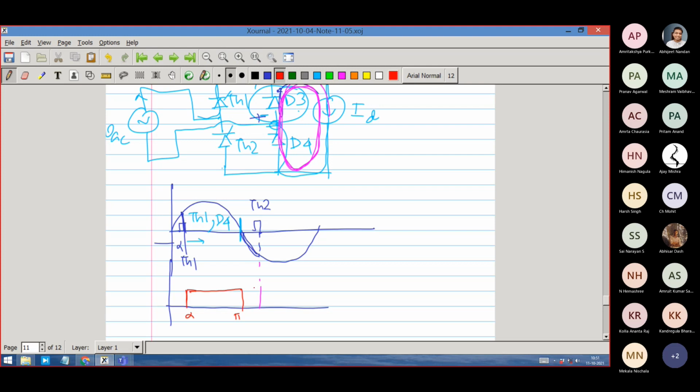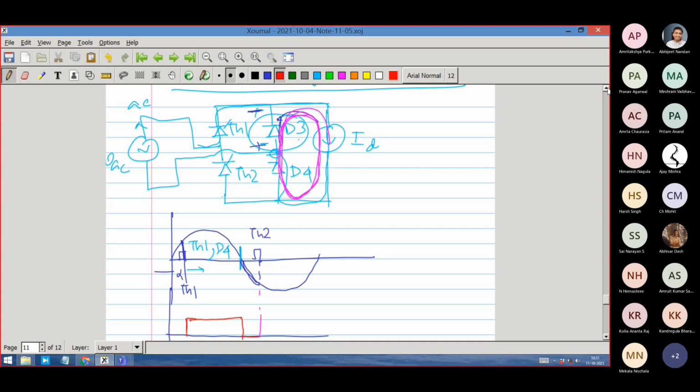The input current is zero till TH2 is again fired. Now TH2 has been fired. If TH2 has been fired, who can afford to turn off? Suppose I have fired, why will TH2 turn on? First, let us see whether TH2 is positive or not prior to turn on. Because the voltage here is in the negative cycle, through D4 it is coming plus minus. So TH2 is ready to turn on. The moment this thyristor has been given a pulse, TH2 will be happily conducting.